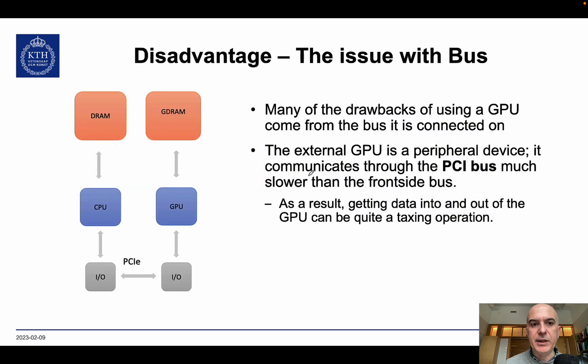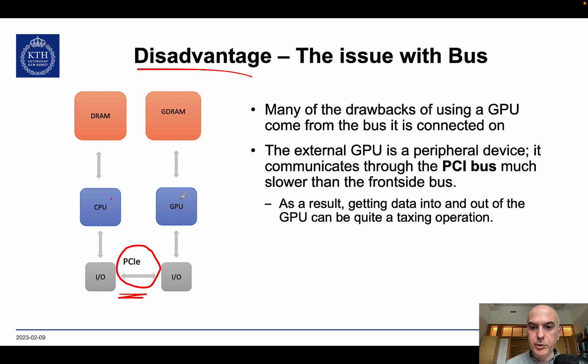So what are the disadvantages? So far, I told you about the advantages. They have a huge amount of cores that you can use for computation. Well, the major issue here is how we move data from and to the GPU. It turns out that many of the drawbacks of using a GPU come from the bus that is connecting the